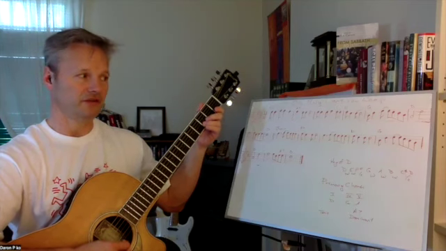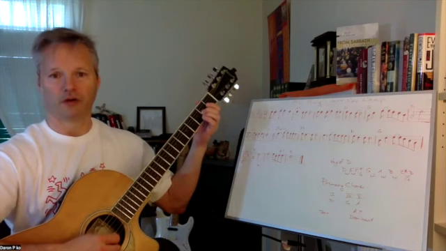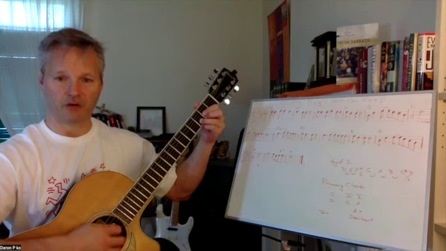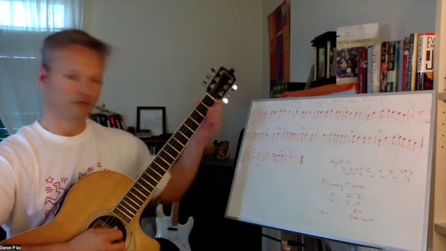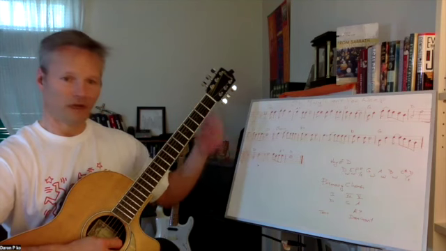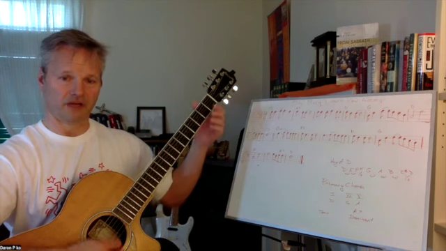1 and 2 and 3 and 4 and A. 1 and 2 and 3 and 4. That's the 5 and the 1 of a D chord. 1 and 2 and 3 and 4 and up to the 3. 1 and 2 and 3 and 4 and